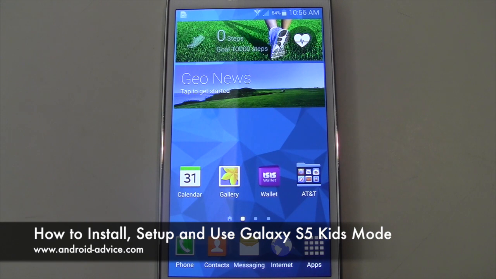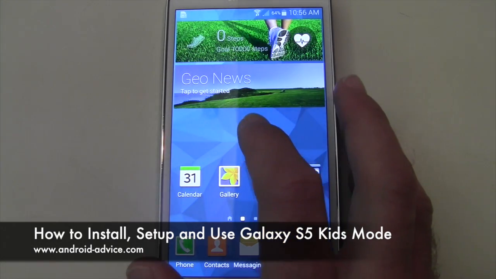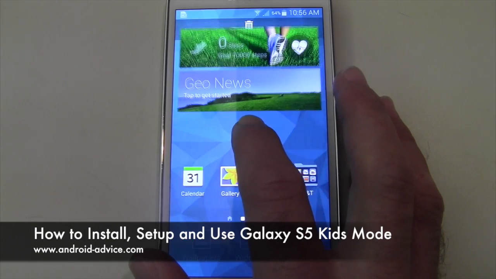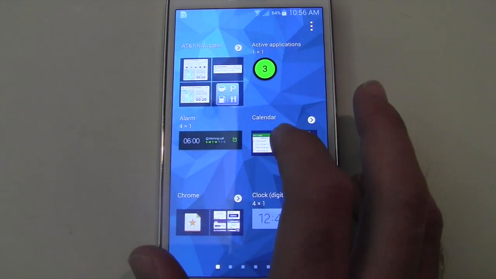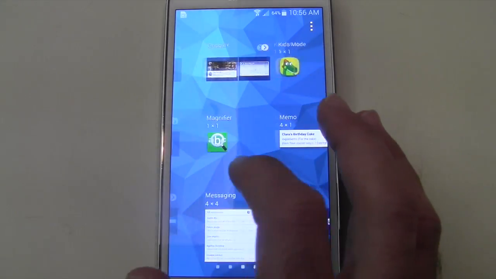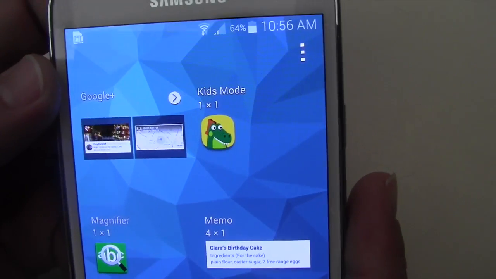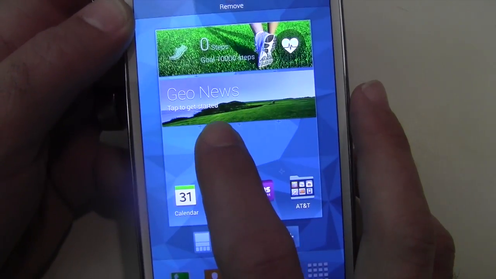Here I'm going to show you how to install, set up, and use Kids Mode on your Galaxy S5. It is not an app that will be in your app drawer. It will be a widget. So what you're going to want to do is find a blank spot on your screen, hold your finger down, and go to Widgets. And within Widgets, you'll scroll on until you see Kids Mode. And Kids Mode is this little alligator icon. So you're going to want to hold your finger down on it and go ahead and drop it somewhere on